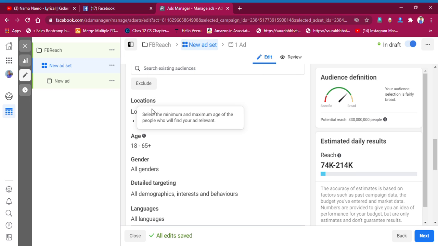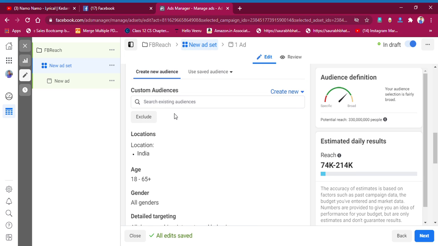You have to select location. I'm very sorry, you have to come in location. I have a problem because it's an entirely new paraphrase. Previously it was not so. So now you have to select on location. You have to create a custom audience, which means you have to create an audience where people are going to see your ads.